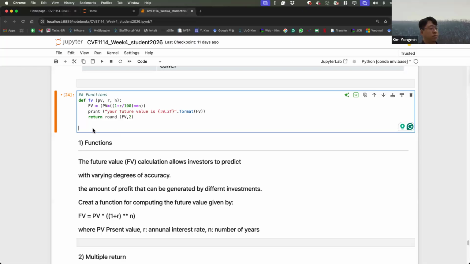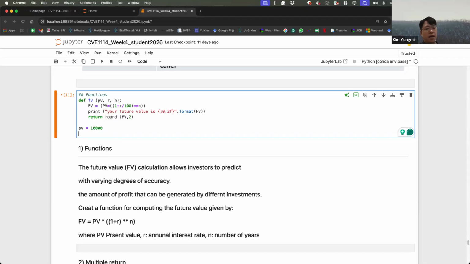I will run it. Oh, sorry, too noisy, right? Nothing happening. Okay, I didn't enter the PV. Enter your present value. For example, I put 10,000 money, and rate will be, for example, 25.